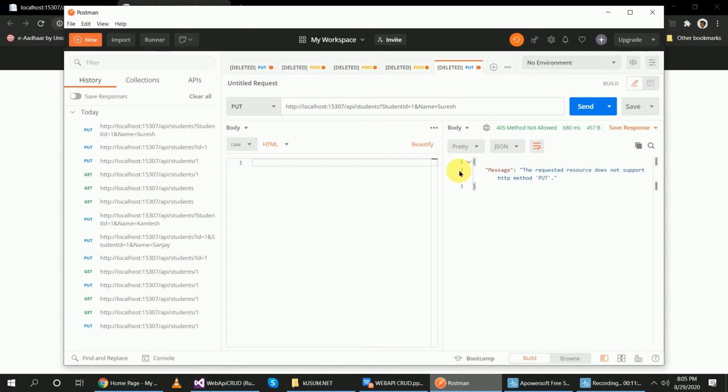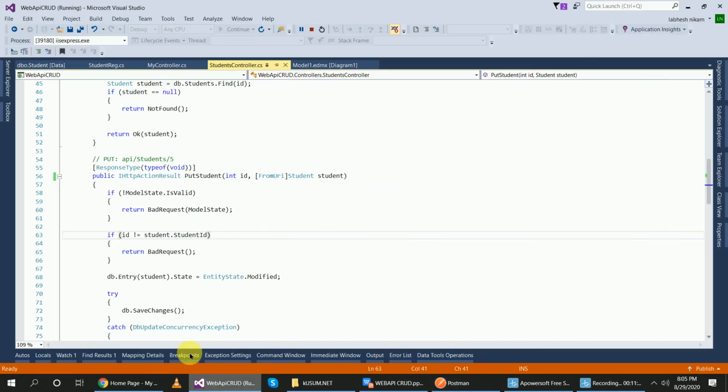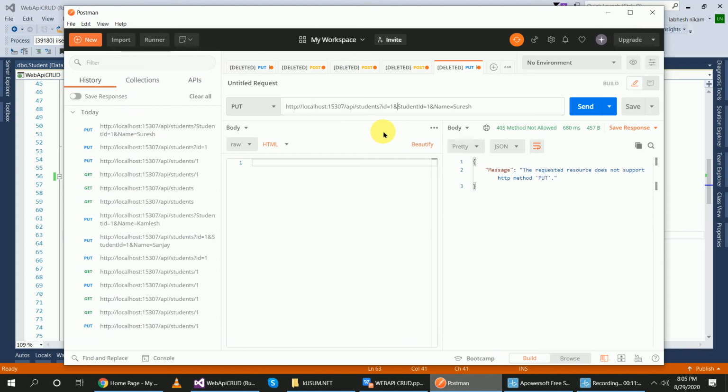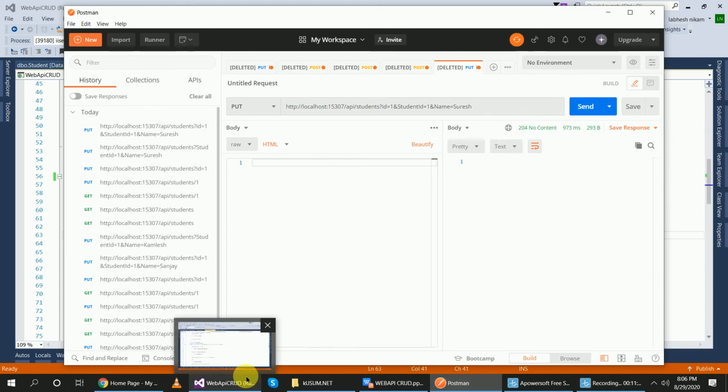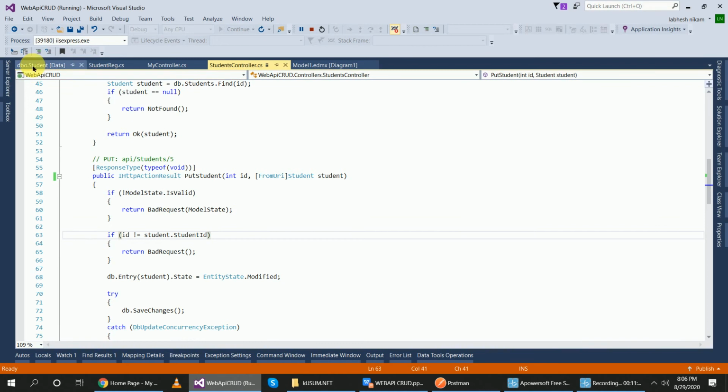Yes, pass the parameter ID equal to 1 ampersand, right, because in the ID parameter I have not given anything from body or from URI attribute, so by default it will take the ID from the browser URI. Now one record is updated.